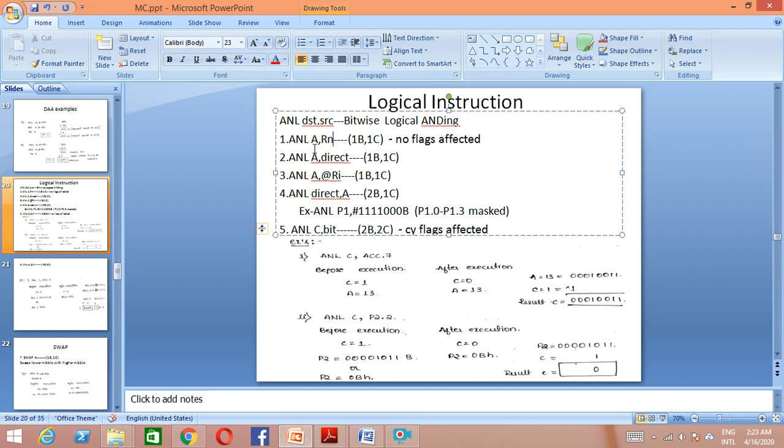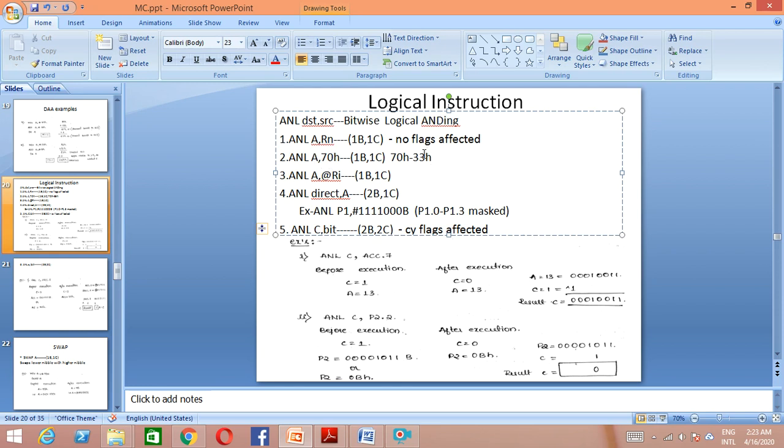Then ANL A comma direct means you are going to AND the content of the accumulator with the direct address. Suppose we have 70H, and the 70H location has the value 33H. Suppose the accumulator content is 00.